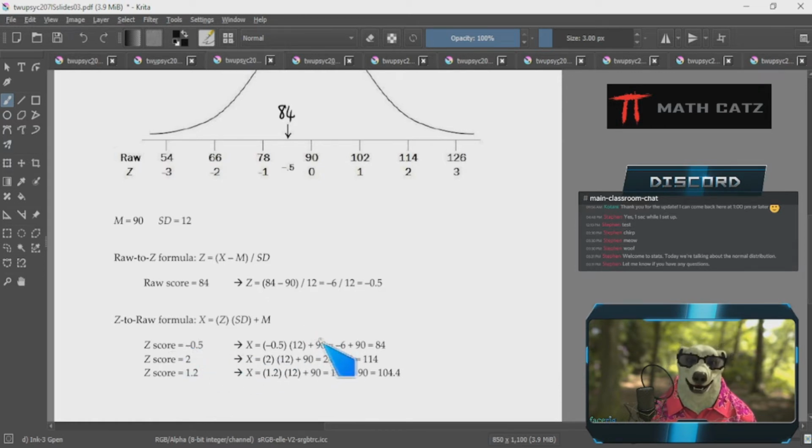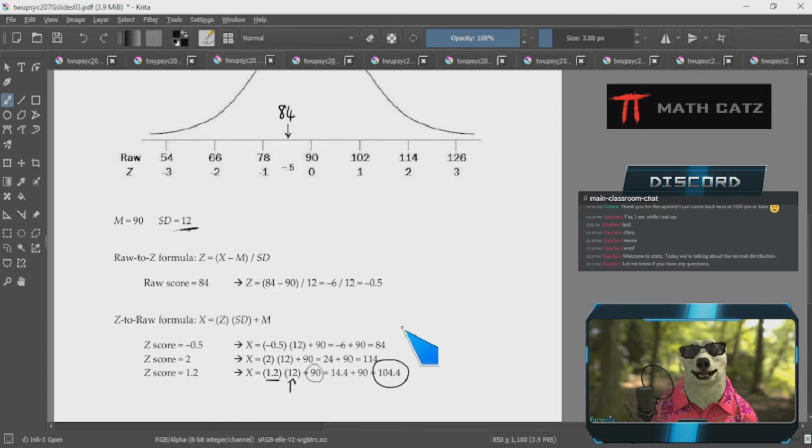I'd go from 90. What distance do I step away? Well, negative a half times the standard deviation of 12, which would be 6. So the negative direction is left, positive direction is right. Z-score of 2 or Z-score of 1.2 rather. Let's do that one. Less obvious perhaps. I go from the mean, step away in the positive direction, 1.2 standard deviation steps, which means 14.4 in terms of the raw score, and I'm over here at 104, just beyond